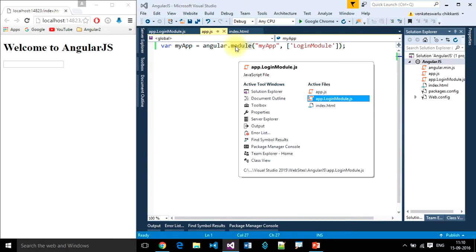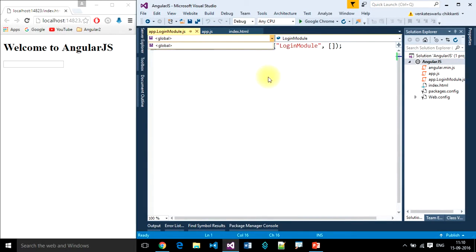This is also a module, but I'm going to use this module as my root application, and I'm going to use the other module as a part of my application, so I followed that naming convention. This is my application module, and this is just a login module.